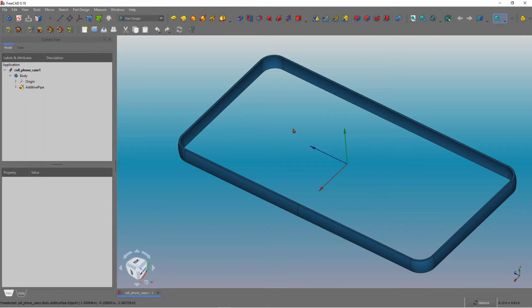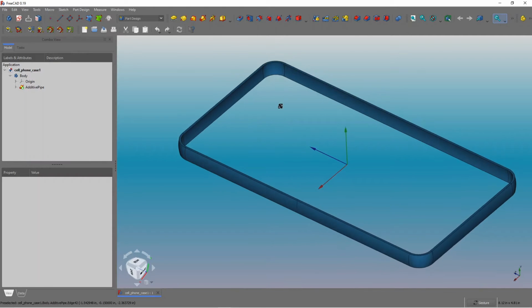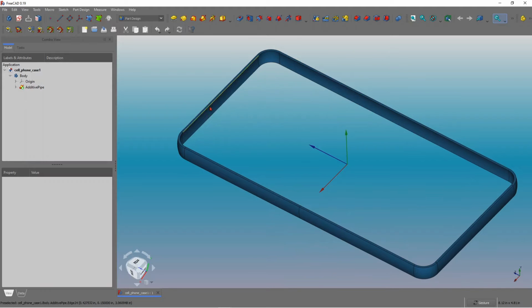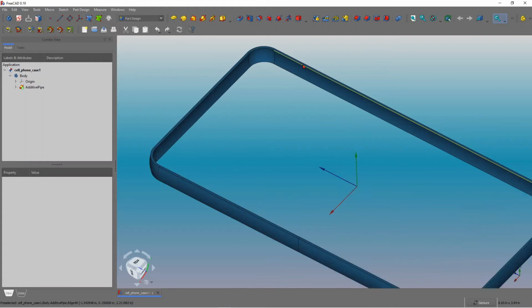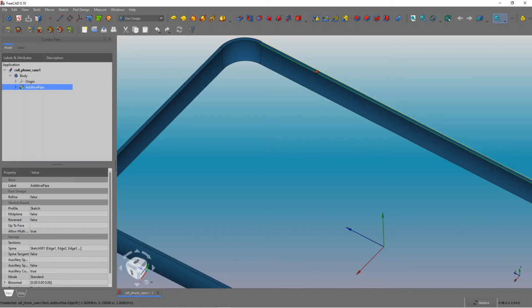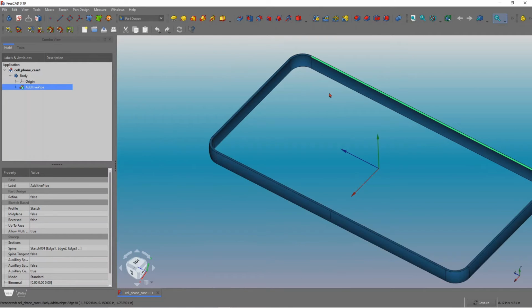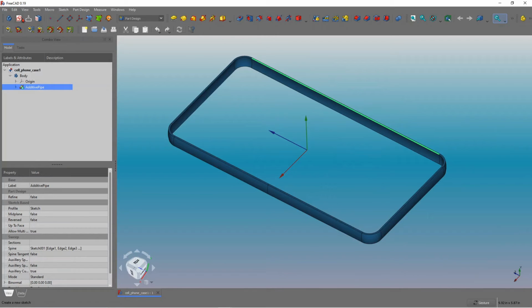So we'll start with another sketch. So I'm going to put the sketch on this surface. So I'm going to first pick the surface. Okay, I'm not picking it correctly. Okay, so I'm going to pick that surface and then click on the